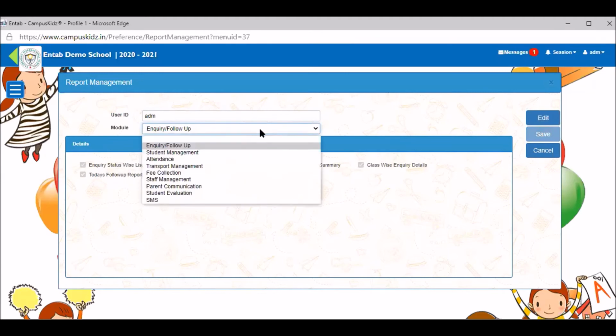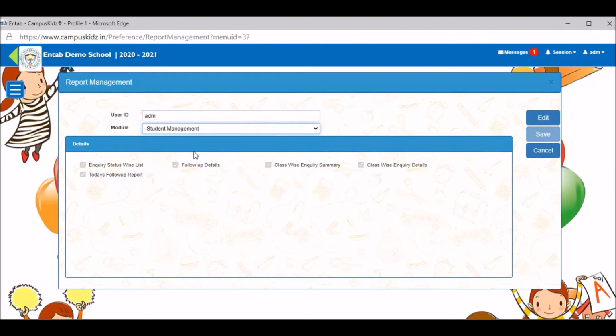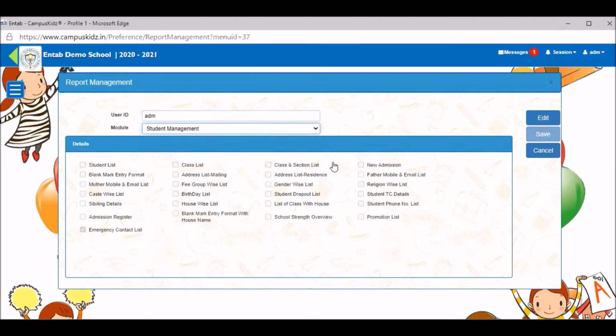Let's look at the second module, say student management. Now there are so many reports in student management. Depending on the functionality of this particular user, you can provide access to each of these reports. Now in case I want to provide the access to all the reports to this particular user, all I need to do is click on edit.